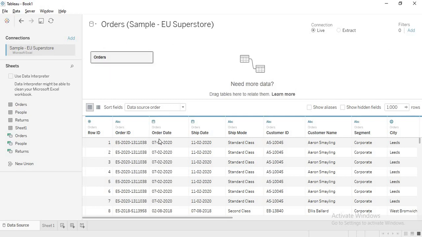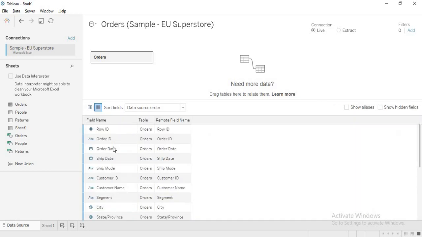Now this is your table, and whatever columns you have in the table are shown in here. Okay, above this you have certain options that you are seeing. Now when you click, this is about columns and the data in those columns. Now when I click on this, this is about metadata. Metadata is data about data. Now here, this data is about the columns that are present in the table.